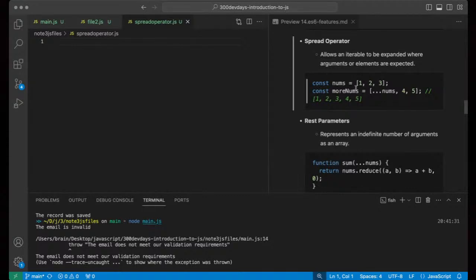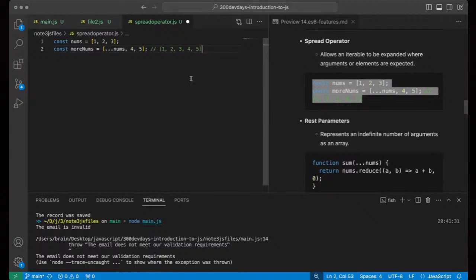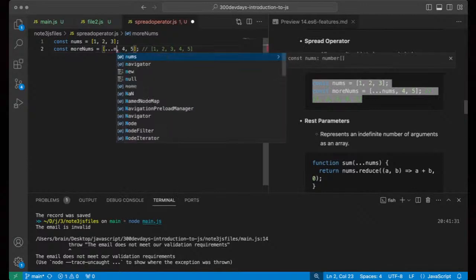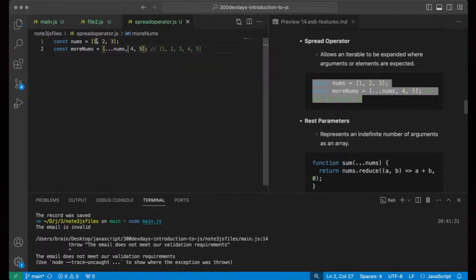Let's quickly copy this example and look at what is going on here. We have an array of numbers, 1, 2, 3, and we say more numbers equals. We're using the spread operator, which is what you're seeing here, dots, dots, dots. When we call nums, it's going to pick all the items in here and spread that into the new array that we have here.